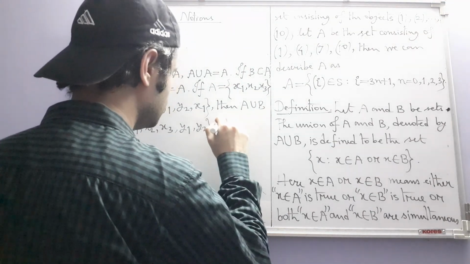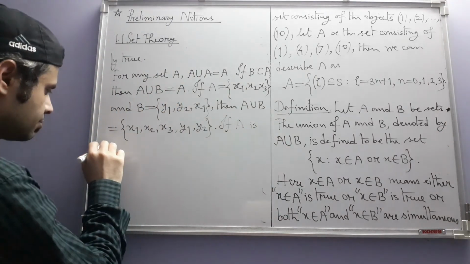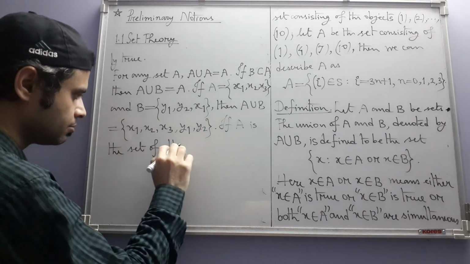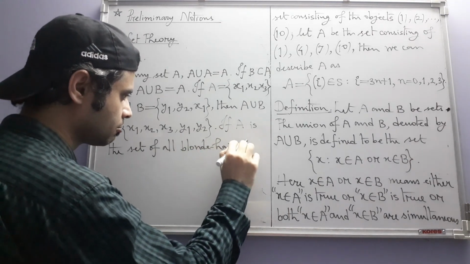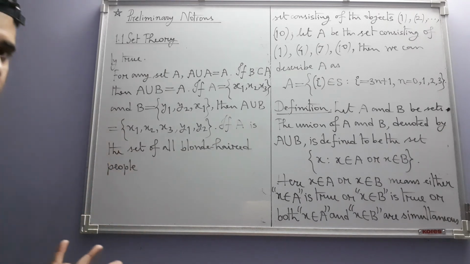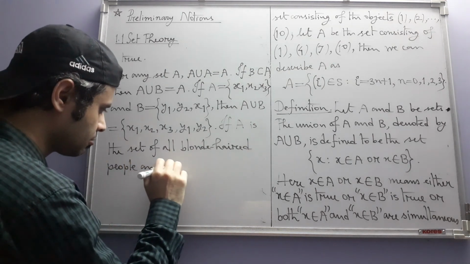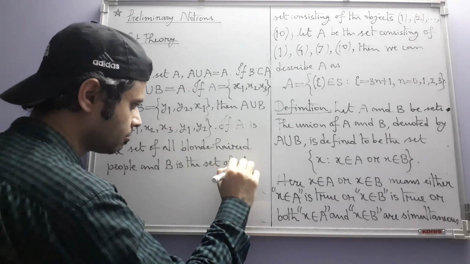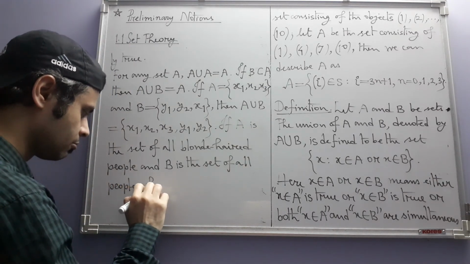One more example. If A is the set of all blonde-haired people, who have that golden kind of hair, and B is the set of all people who smoke